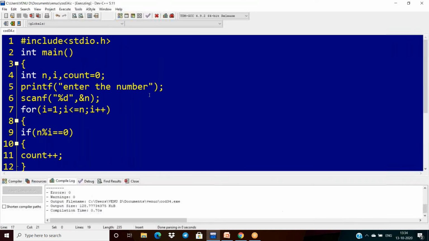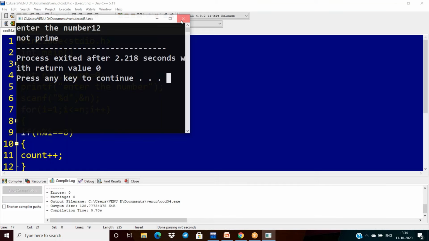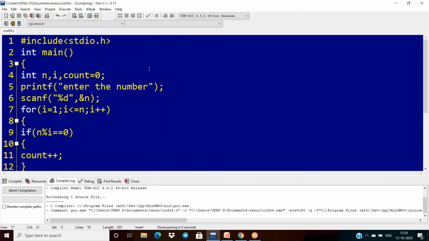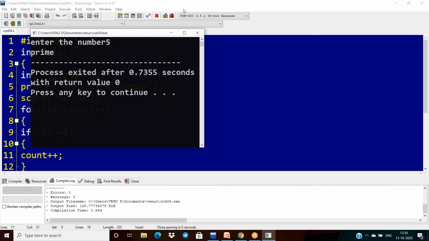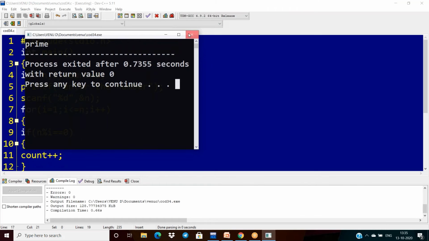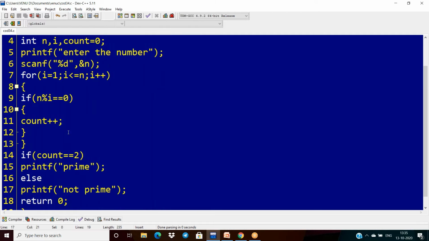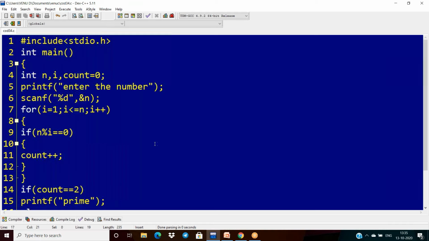Now compile the code. I'm giving 12, 12 is not prime. If I'm giving 5, then it is prime. See, in this scenario I am just counting the number of factors of a given number, and if it is equal to 2, then I'm saying that it is prime.